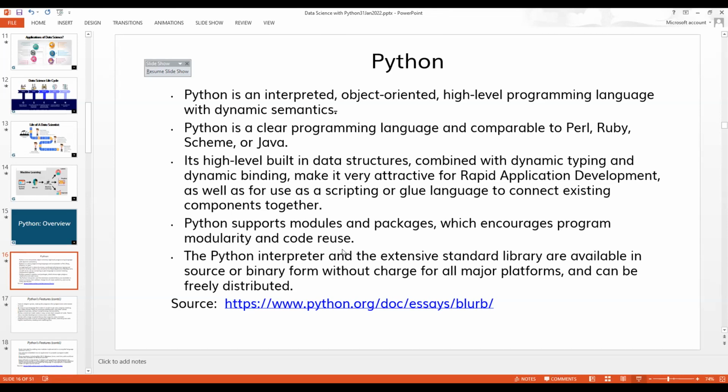Pardon me for that. So here what I'm doing is trying to refer to Python as a platform, which they believe is much clearer than Perl, Ruby, Scheme, Java, and so on. And this is a normal thing. I feel I'm the most handsome person in the world, something like that. But more or less, yes, Python is much, much clearer.